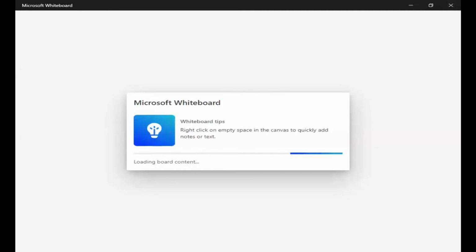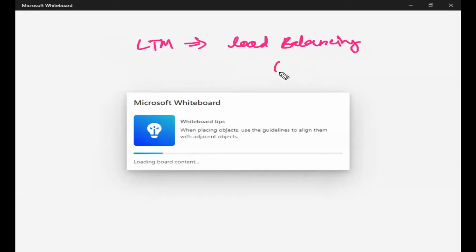That describes that LTM is not only a load balancer. Load balancing you can achieve through routers also, but that is very typical round robin, right? So it's not about the load balancer, it is far beyond that. I will talk about a couple of points so that you can make out that yes, it is not just a load balancer, but more than that.